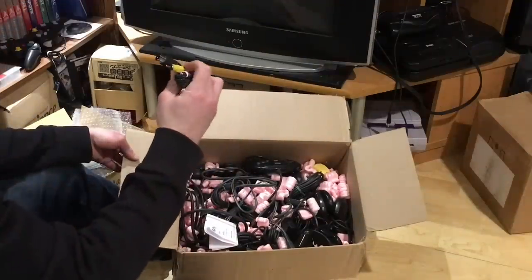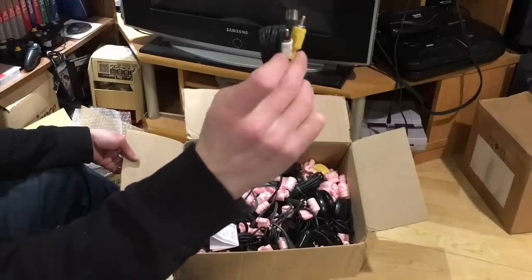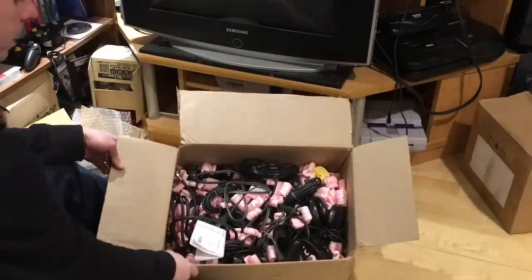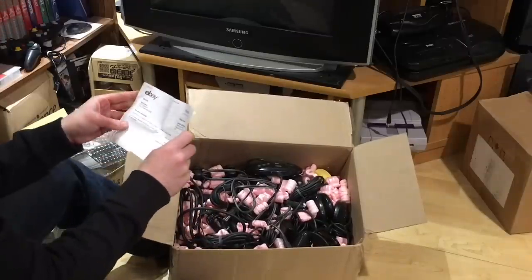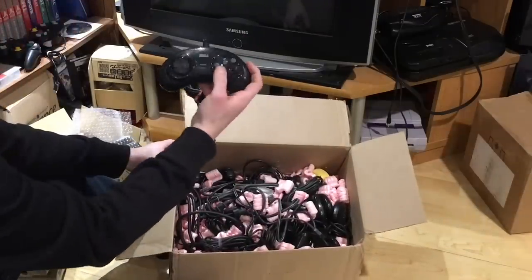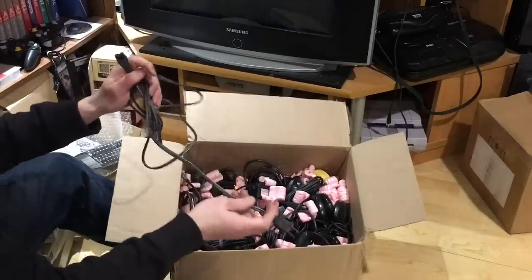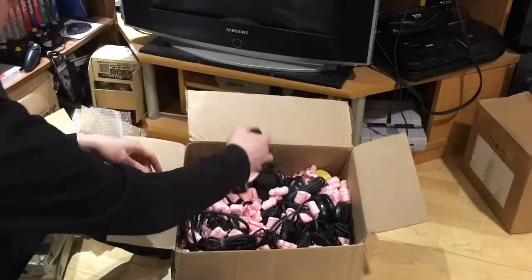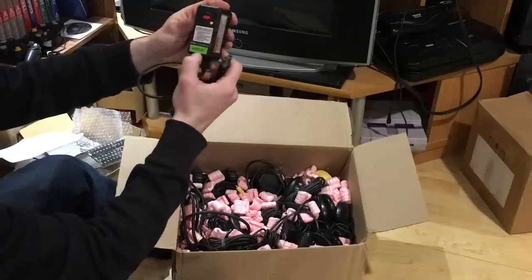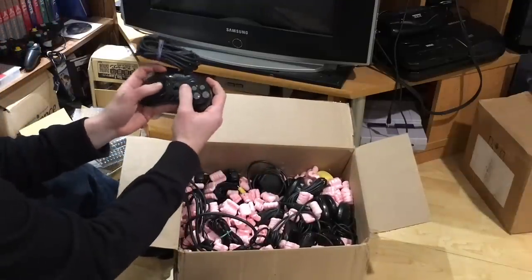Here it looks like I have an original Sega Genesis Gen 1 AV cable, which again are not too common to find out in the wild, but definitely valuable to have. Let's see what the packing slip says. No, just thank you for your purchase. Nothing on there. I got a 6-button Genesis controller, a power cable for what appears to be maybe a Saturn or a Dreamcast, a power cable for an original Xbox with the built-in GFCI on it, another 6-button Sega Genesis controller,